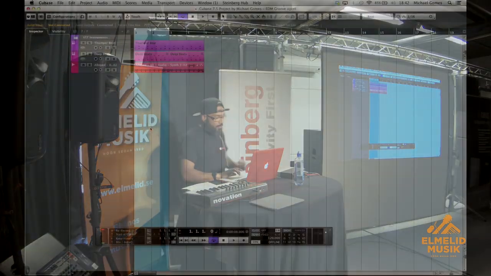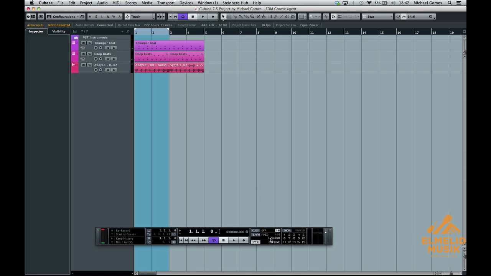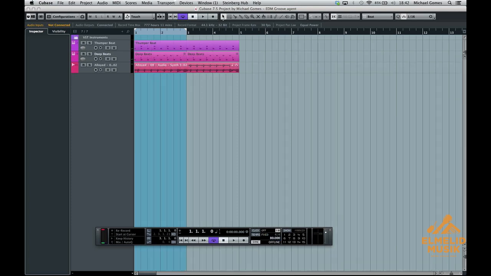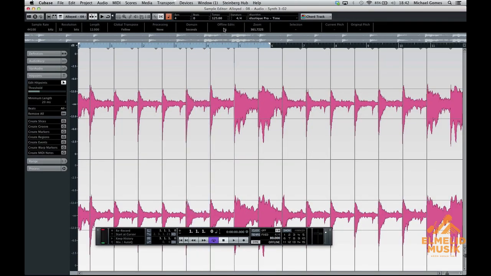Yes? So this is very cool because even though it's a wave form, when I change the project tempo now, the wave file follows. And if you're one of those persons that works a lot with wave loops, drums, or whatever samples, or perhaps you're doing advertisements, how to do this is very easy. If you record a bass line and you already know which tempo you recorded it in, all you have to do is go inside of the sample editor and assign the tempo to the wave file, and then